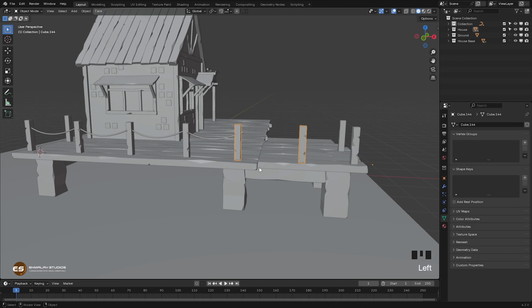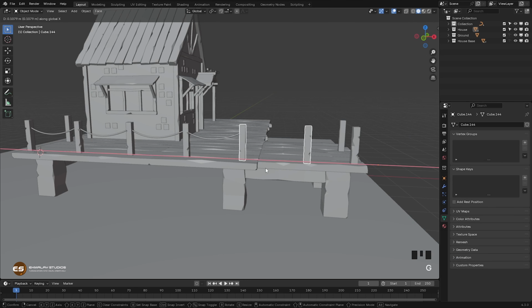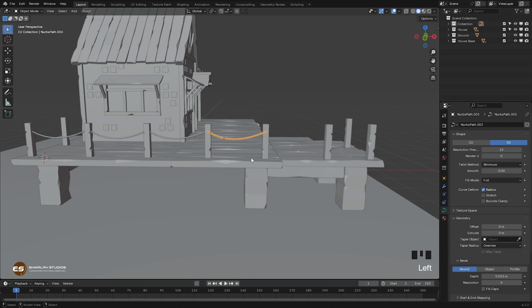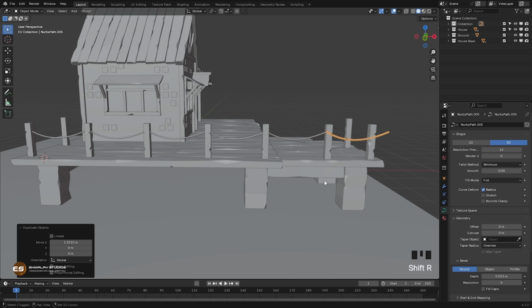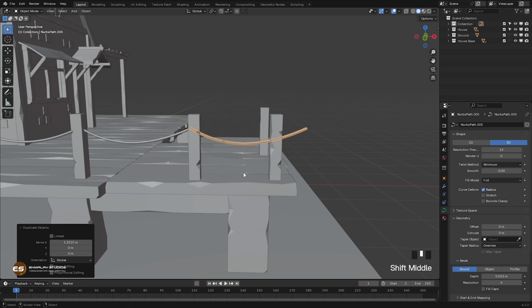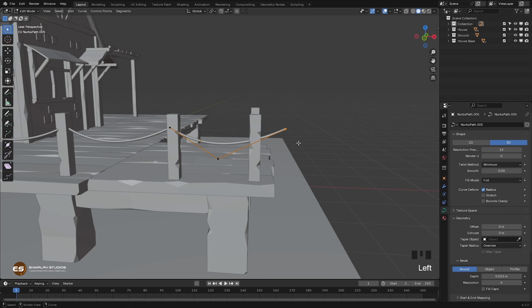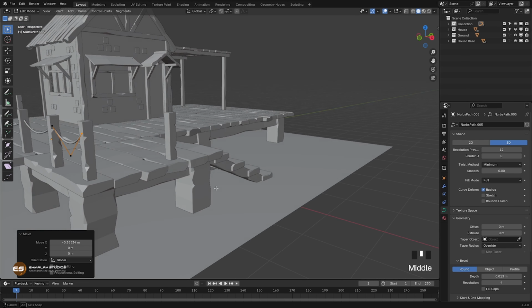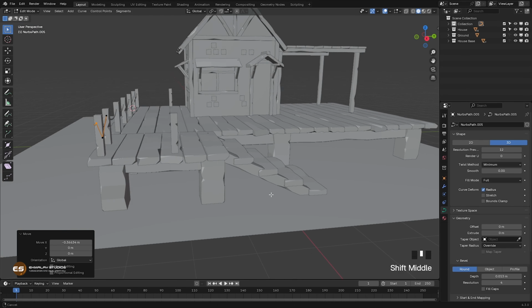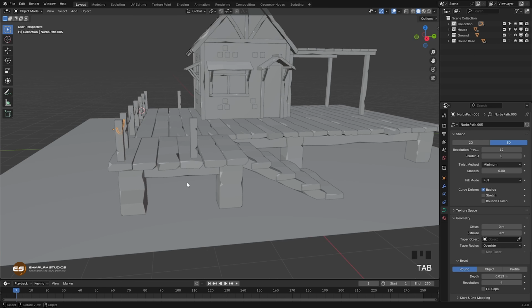So select this one, you can move G X like this, and let's select this one, Shift D and X. If you do Shift and R, it's gonna duplicate. For example, now Shift R, it just copies another one for you. That's another way, but let's fix this one. So tab to go in edit mode, select this one, G X, move to the side like this, and that should be fine. Let's copy one for this side. So tab to get out of edit mode, Shift D and R Z 90